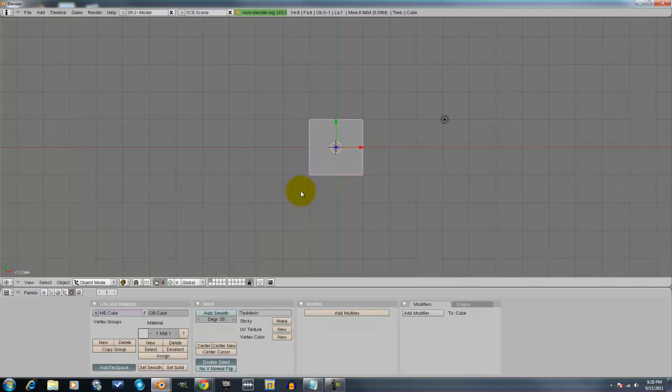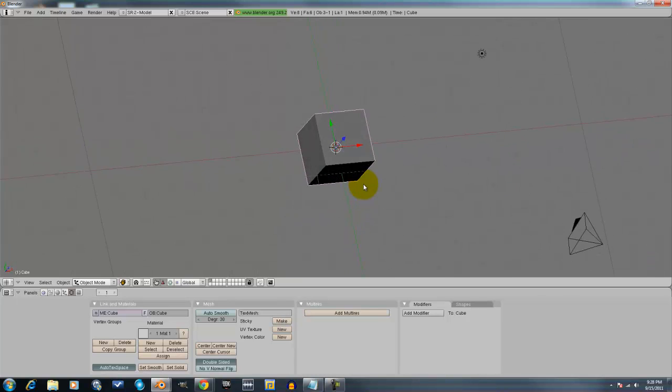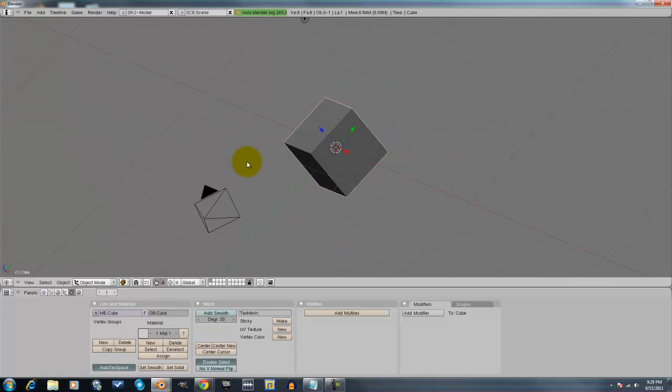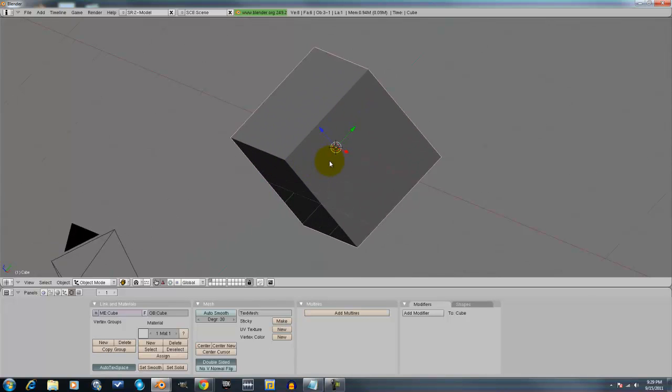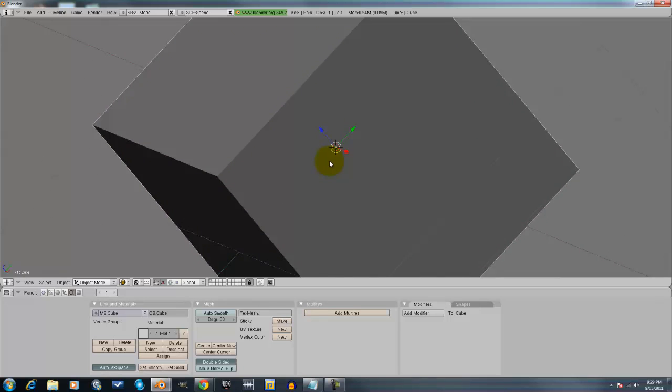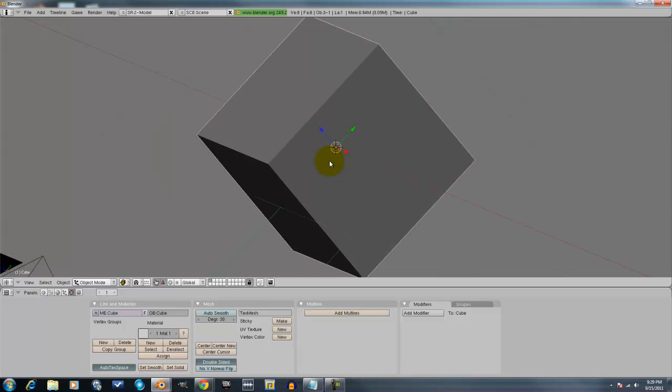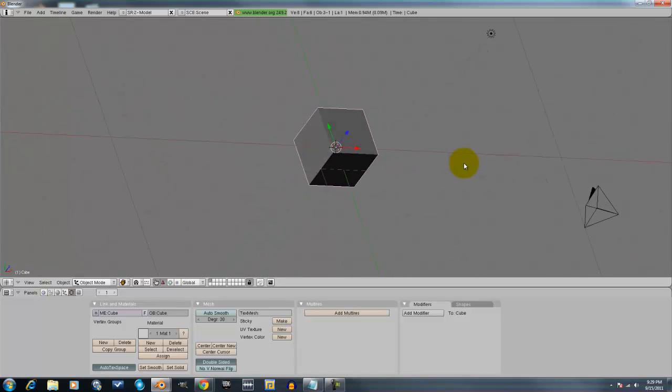Now, first things first is how to navigate around the screen. Right now you're going to see a square and this little circular thing. We're not going to go over the circular thing right yet, but I'm going to show you how to get around the screen. You're going to hold the middle mouse button and drag, and that will rotate you around the screen. Once you get that down, there is another feature where you scroll up on the middle mouse button. When you scroll up, it zooms in. When you scroll down, it zooms out. So now you have rotate, zoom,